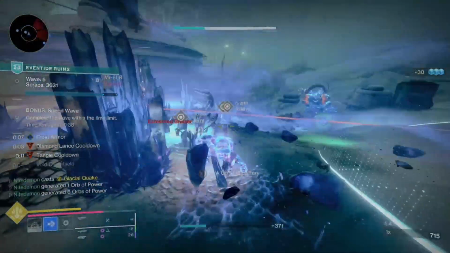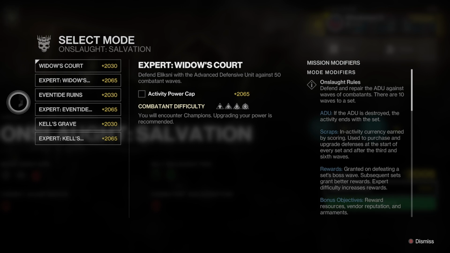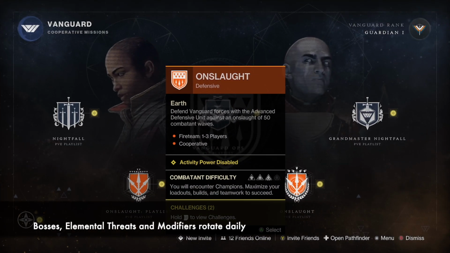This new version of Onslaught brings with it new defences, 3 new maps and new enemies to fight. You can select from Widow's Court, Eventide Ruins and Kell's Grave, either normal or expert. Also, the original Onslaught has been updated to include some of the new additions. Located in the Vanguard playlist, the featured Onslaught map this week will be Midtown, with the Field Razor Tormentor kicking